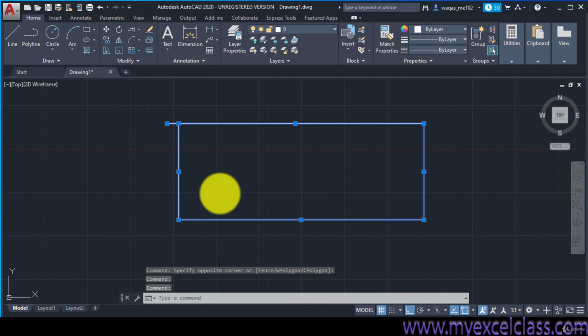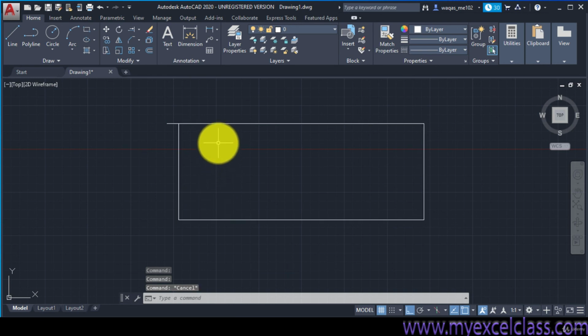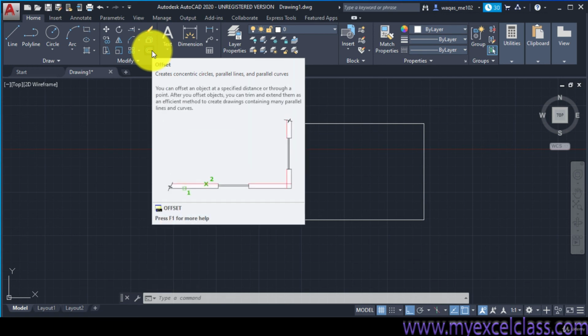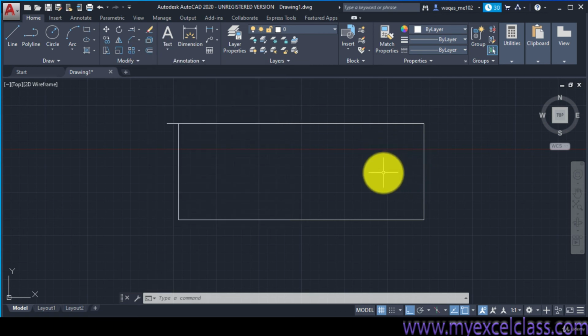So what exactly does the offset command mean? Offset means you want to shift something at a certain distance, at a certain angle.